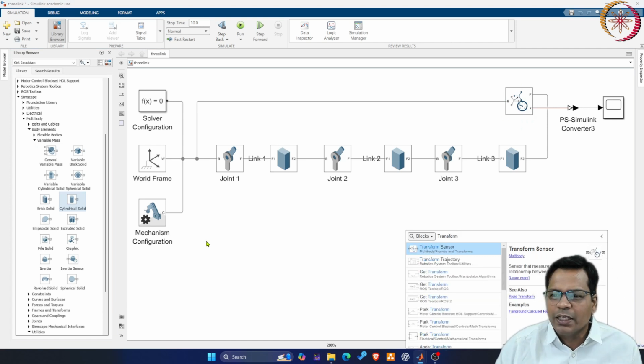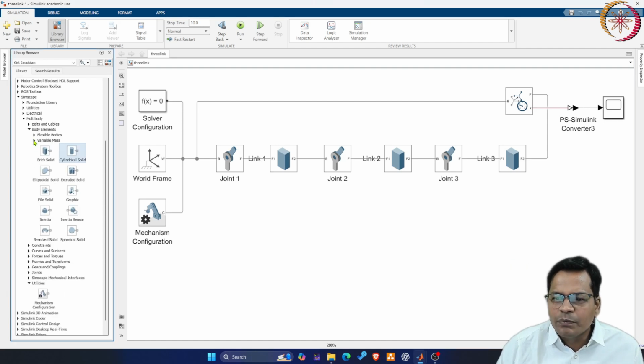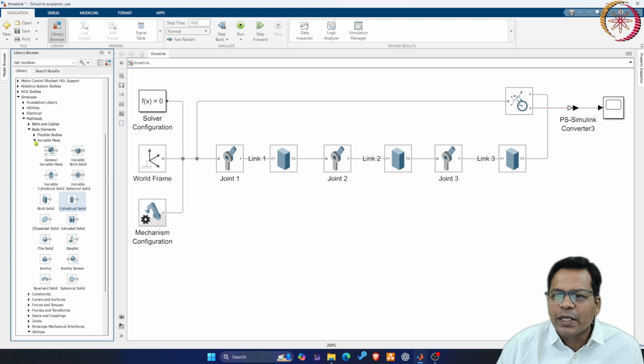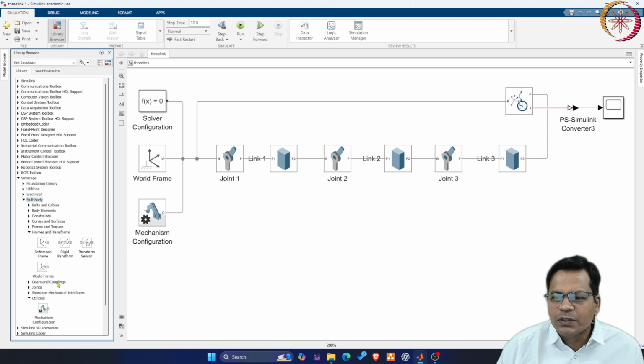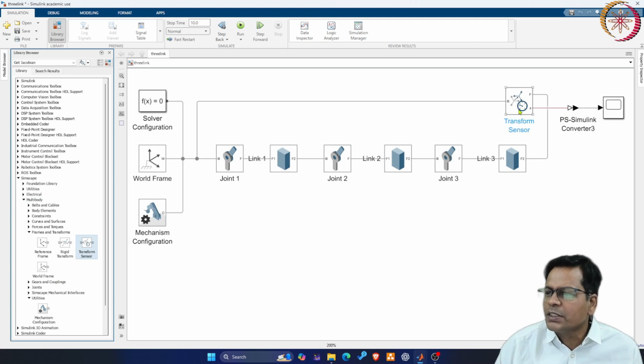It is in Multibody, under frames and transforms. So here is your transform sensor. This basically does the forward kinematics and lets you know all the end effector transformations with respect to